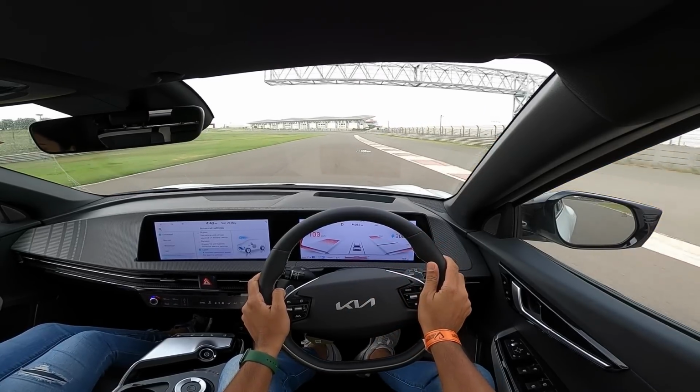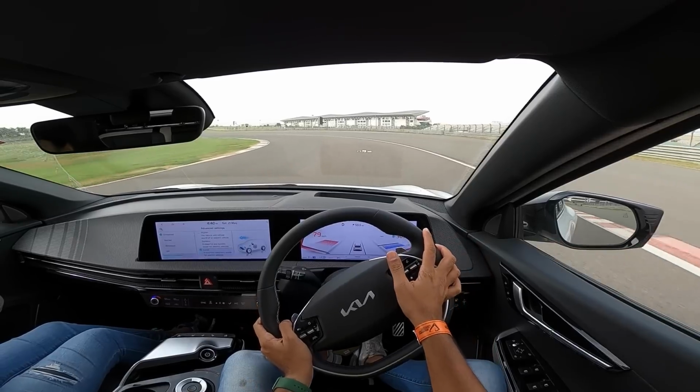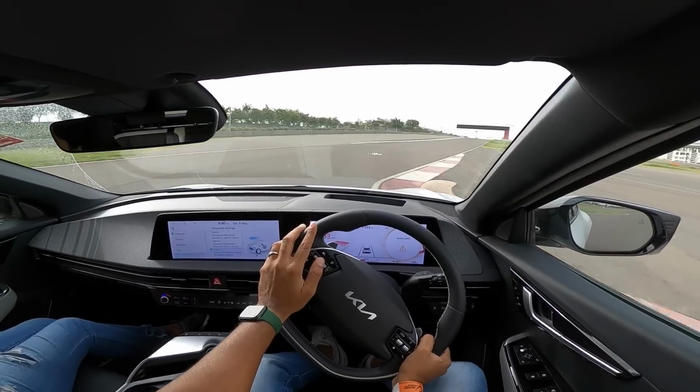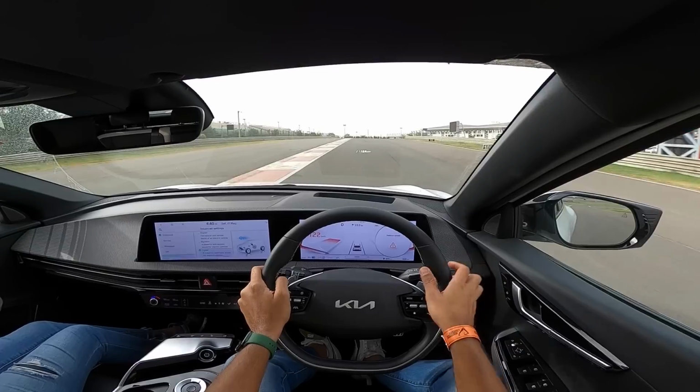Alright, onto the throttle. Okay, we're going to get onto the brakes. Yeah, that it detected a lane somehow. That's kind of nice. And here we're going to go to the throttle. The tires do screech. Traction control is on, but if I turn off traction control, the tires are going to